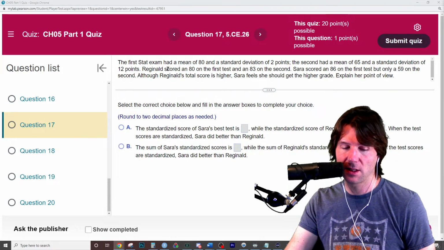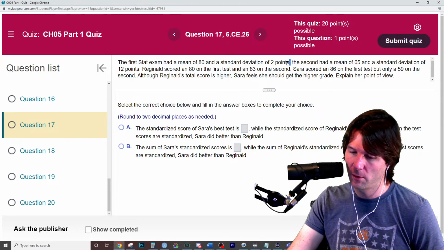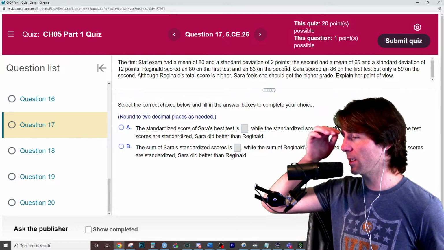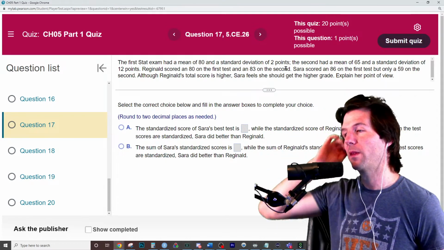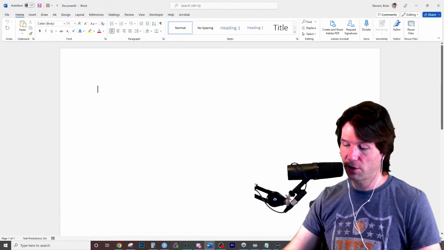The first SATs exam had a mean of 80 and a standard deviation of 2. Wow. What do you think about that standard deviation? A standard deviation of 2. That's pretty interesting. Because a standard deviation of 2